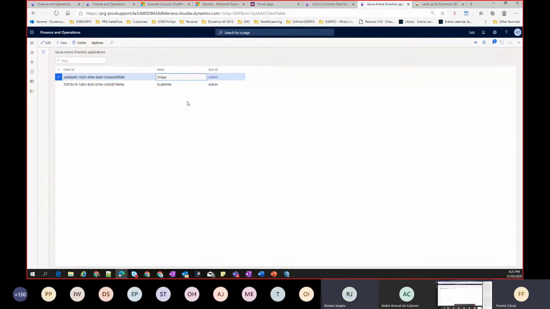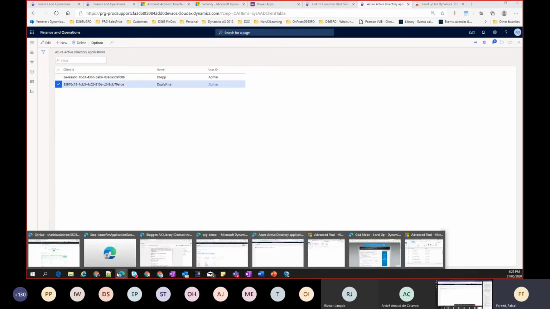What I did here, I jumped into the FNO environment. In this case, one application is for the incoming connection from the data integrator side, and the other one is for the connection from the CDS side. So there will be two application IDs in FNO,